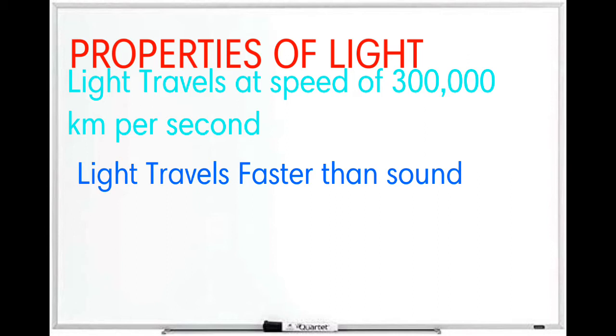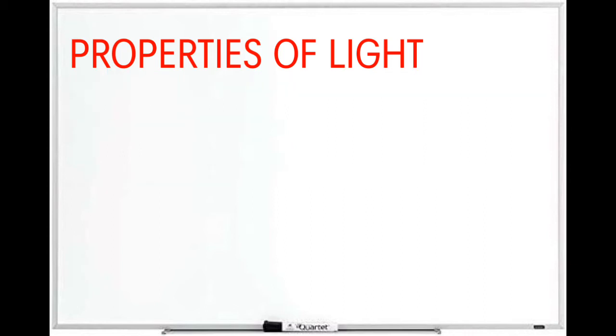Then, that's why we see lightning before the thunder on a heavy rainy day. So it's raining over here, and when the thunder comes, you can see the lightning comes before and then the sound comes, right? So that is why light travels at a very high speed and it travels faster than sound.